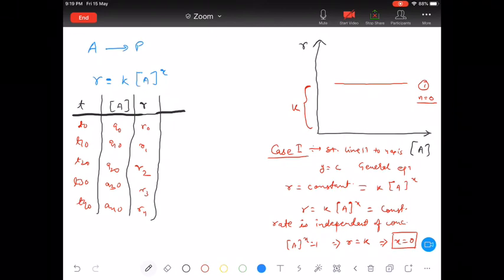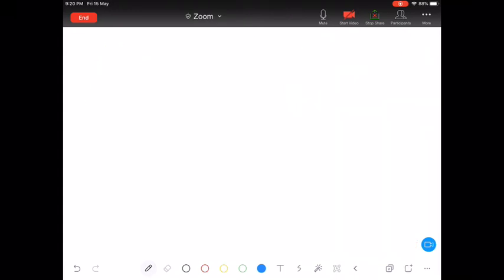Again, let's say I obtain a straight line in this manner. Case 2, passing through origin. You will understand why it is passing through origin, right? Rate will automatically be 0 when concentration is 0. Yes or no? So it has to pass through origin. Is that clear? Any confusion, any doubt? Clear? So case 2 I am going to take. Just try to remember this curve. Okay, I'll be changing the page.